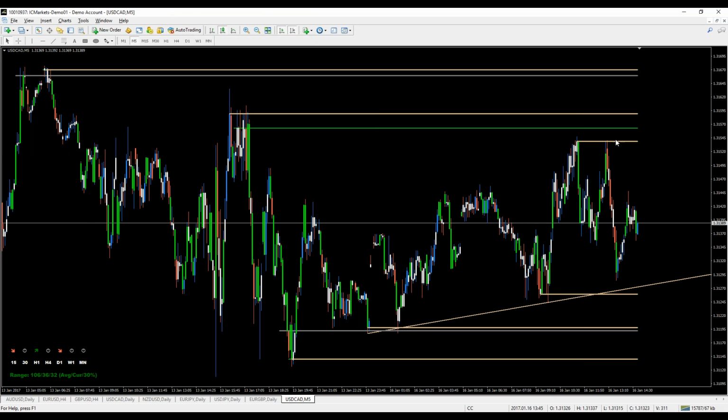And so this line would have been here when price came back to this. So we formed this, price tested it, we came back down. Now we're getting close to this one here. I don't like this one here because this wick cut through it pretty much. But I do like the one here at the bottom. It's been tested a couple of times in the past. But you can also just watch these on the small time frames and just ensure that you have